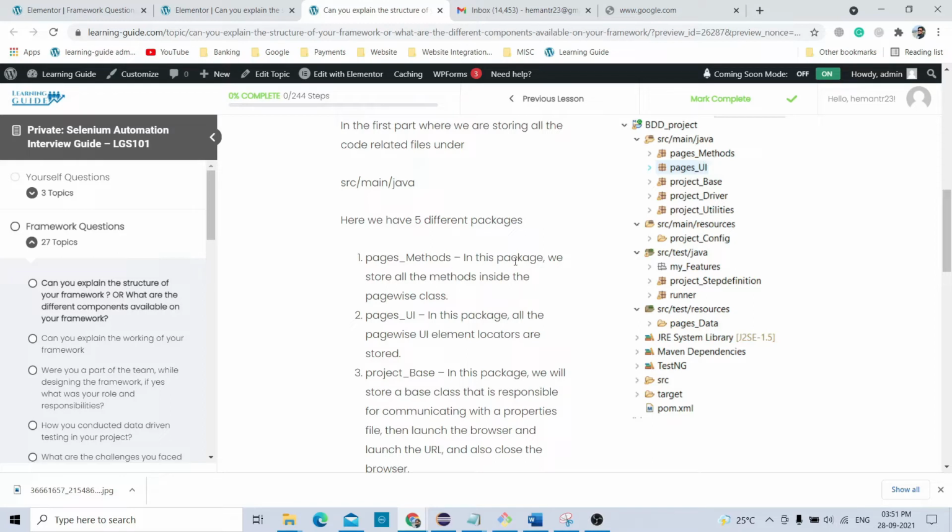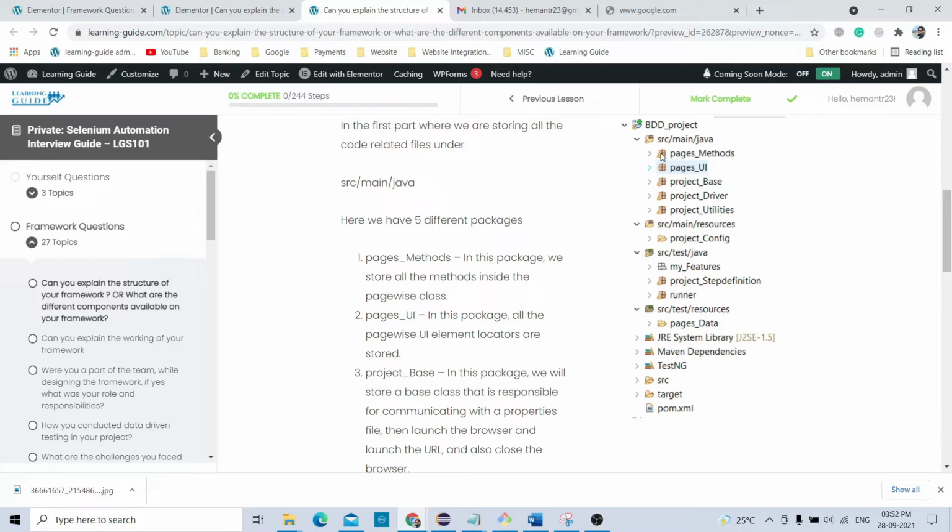Pages methods will store all the methods inside it. It will contain all the methods class wise. If you know what the page object model is, what page object model says is that you have to create page wise classes.